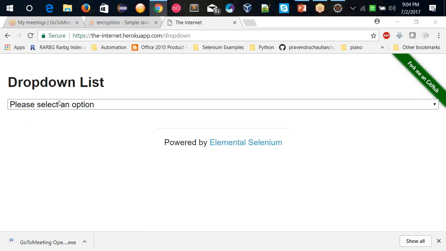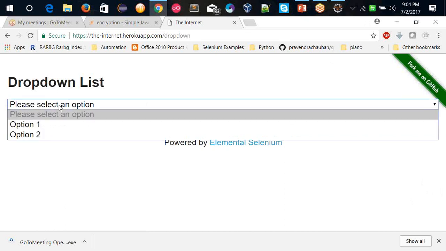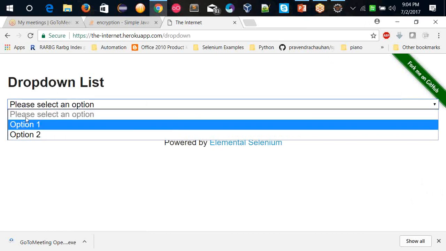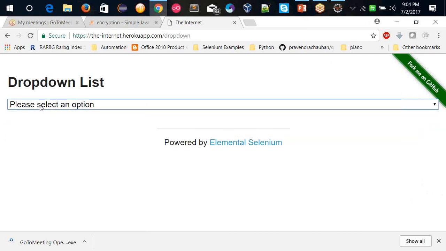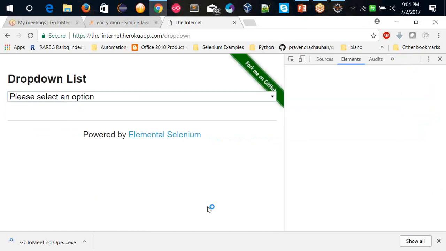When we are working on the drop down list, we need to give the element of this drop down. Then there is a function using which we can select the values. There are three kinds of functions available for drop down boxes. Either we can select by value or the index,